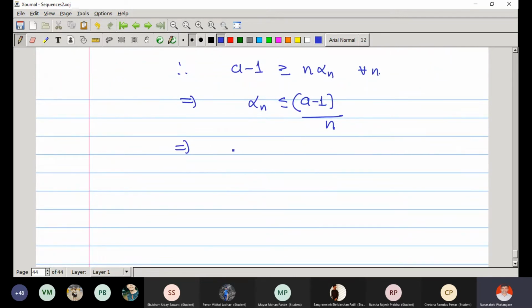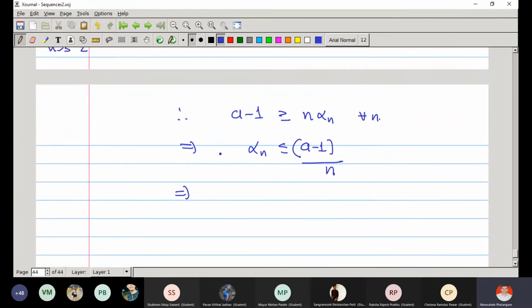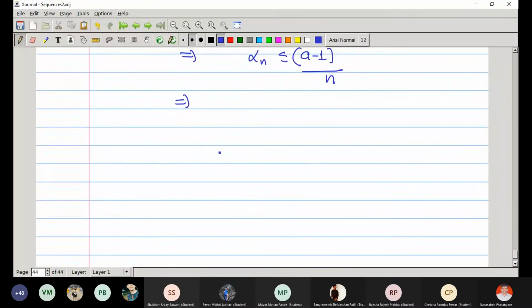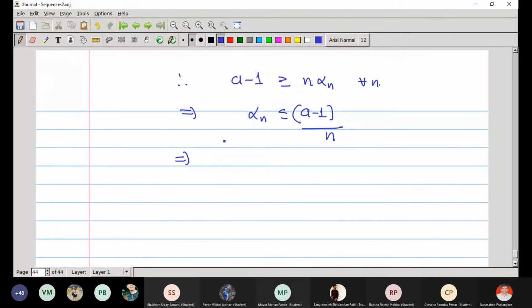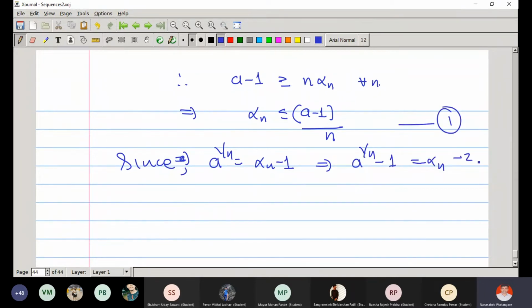Therefore, what is our a raised to 1 by n? It is alpha n plus 1. Fine. So since a raised to 1 by n is alpha n plus 1, what we have is a raised to 1 by n minus 1 is alpha n. So this is 1, this is 2. So from 1 and 2,